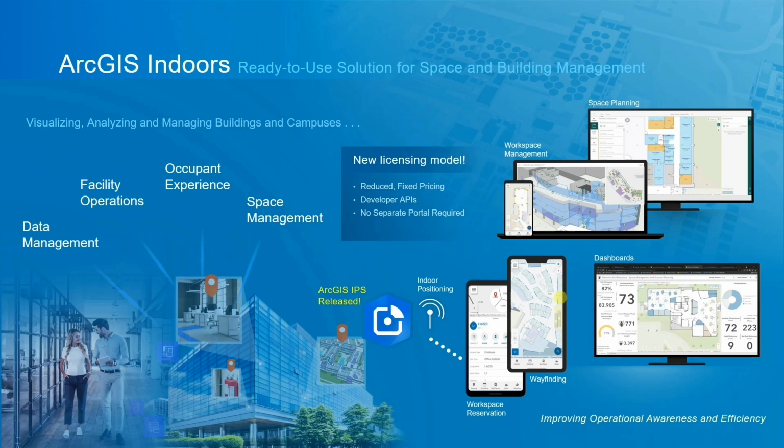ArcGIS Indoors models your sites, buildings, and floors all within a single view. So all of your facilities data is organized and secured in indoor maps for various facilities and workplace operations. This data is surfaced through a few different applications. The first is a web app that makes all of your facilities information securely available through floor-aware maps directly in the browser in 2D or 3D. This same data is surfaced through a mobile application, which allows you to navigate the floor-aware maps online and offline. You can even book meeting rooms and view events.